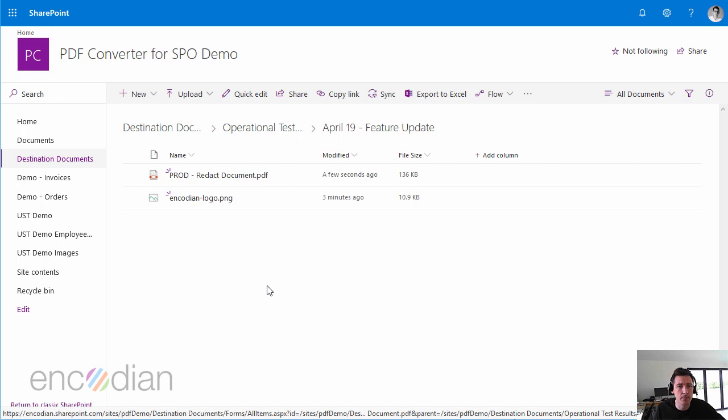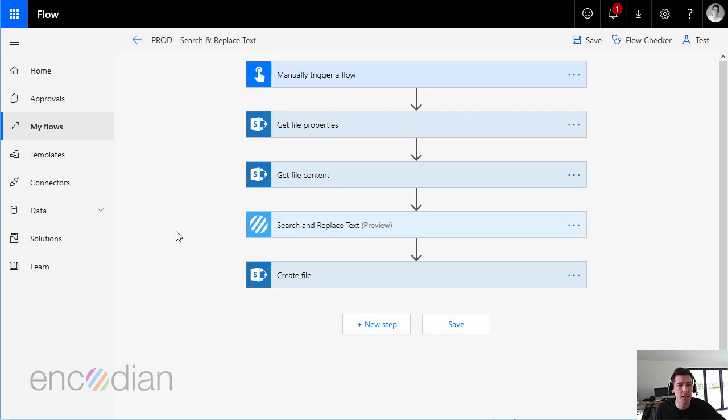So the last new action I want to give you a quick look at is the ability to search and replace text. This operates pretty much exactly the same as the redact action, albeit rather than just applying a redaction across the text, it's going to enable you to put in some replacement text to replace the text that you're searching for. I won't run through those three actions at the top, enough to say that we're picking up a document